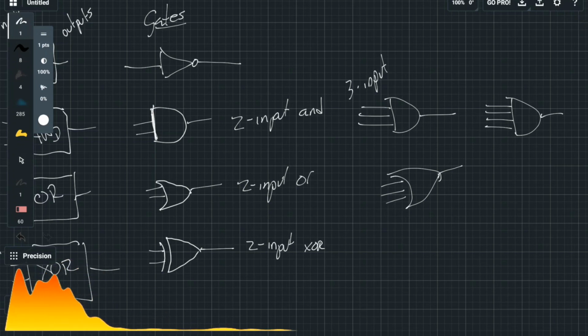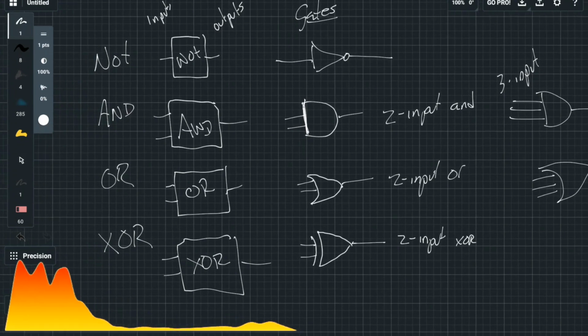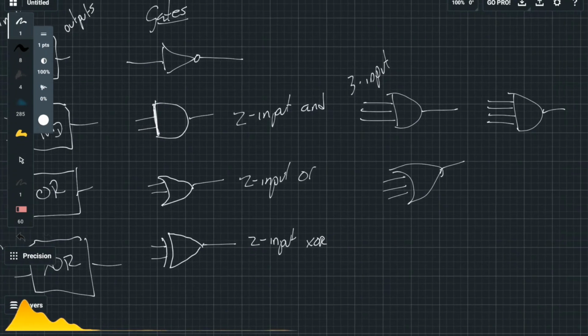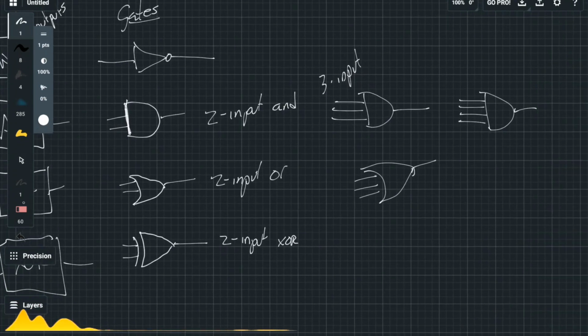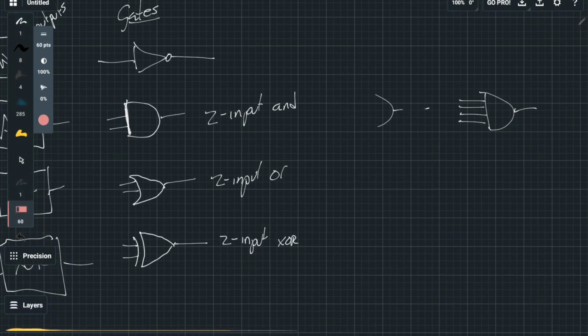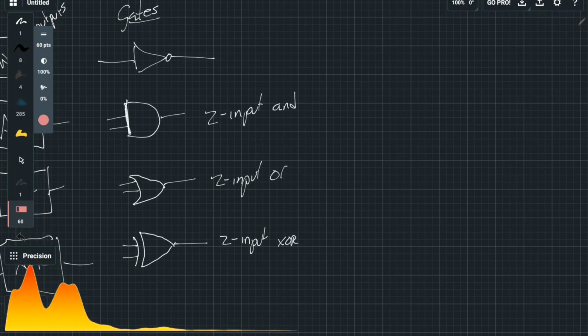So there's different. The nice thing is that this diagram kind of scales quite well. We can draw these in different input configurations. So let me erase that for the moment. The other thing that you're going to notice